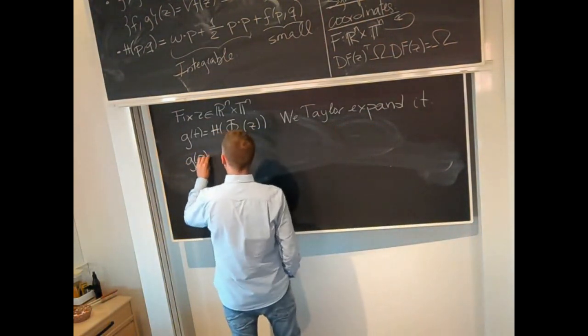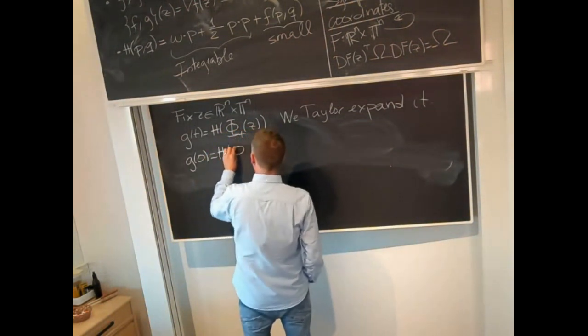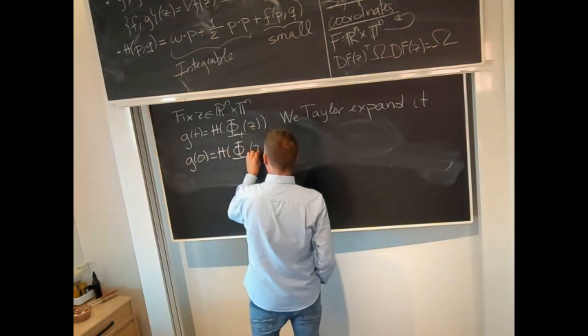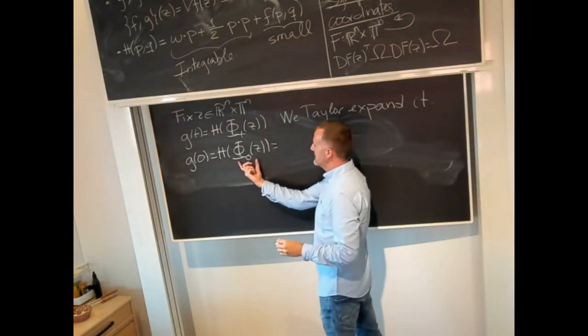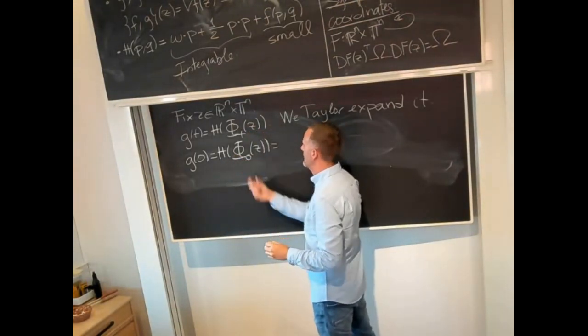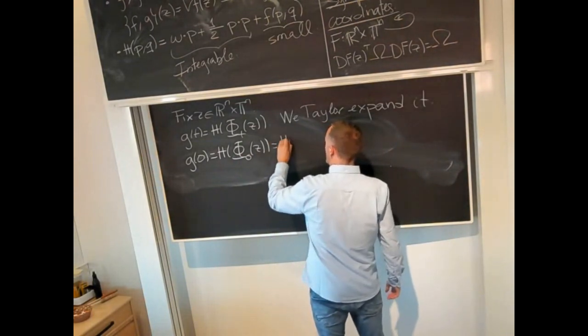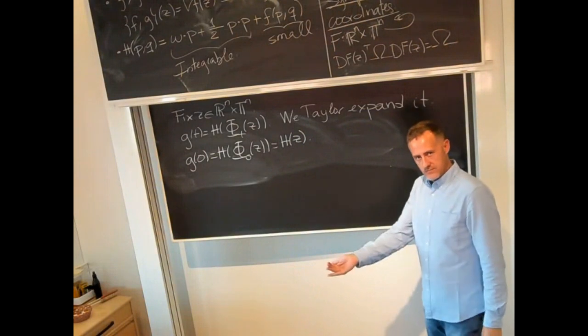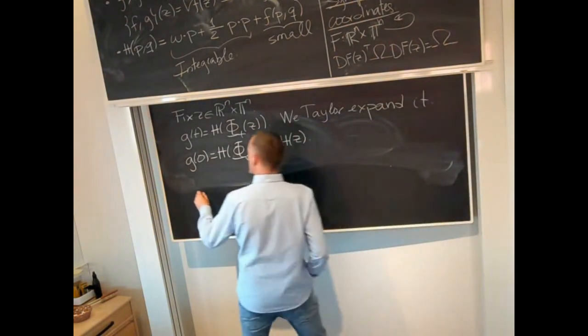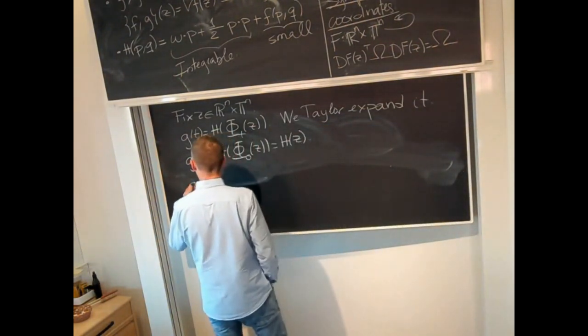g at 0 is h at phi at 0 of z. But phi at 0 of z, the 0 time flow of any vector field, is the identity. So g at 0 is h of z. Good. Let's compute the derivative. So g prime